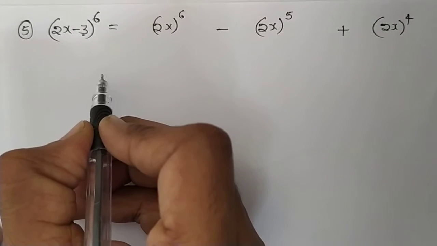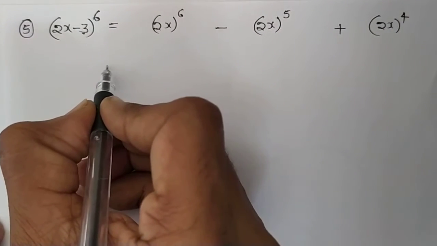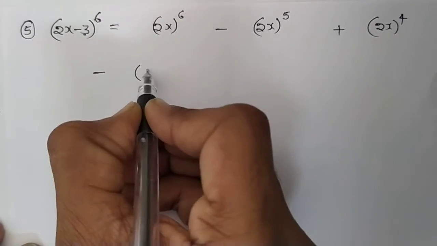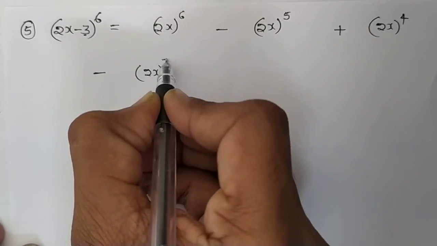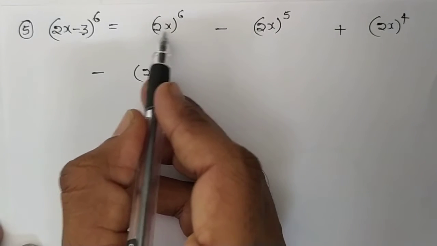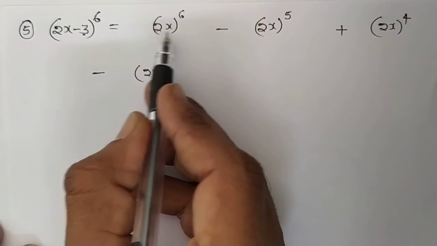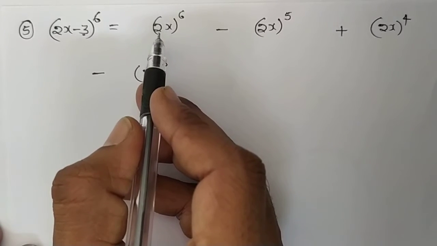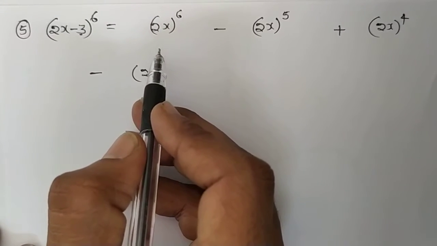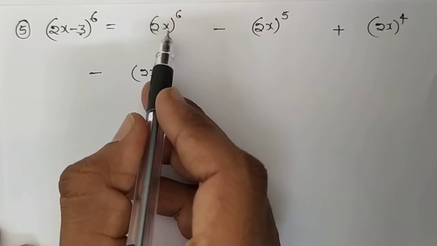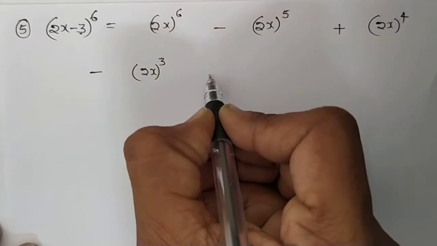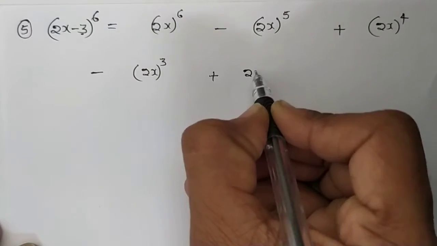I don't have the space, so that I am writing in the next line minus 2x whole cube. Kindly keep the brackets, okay? If you have not written the brackets, then that shows the other meaning. Kindly keep the brackets properly. Minus next plus 2x